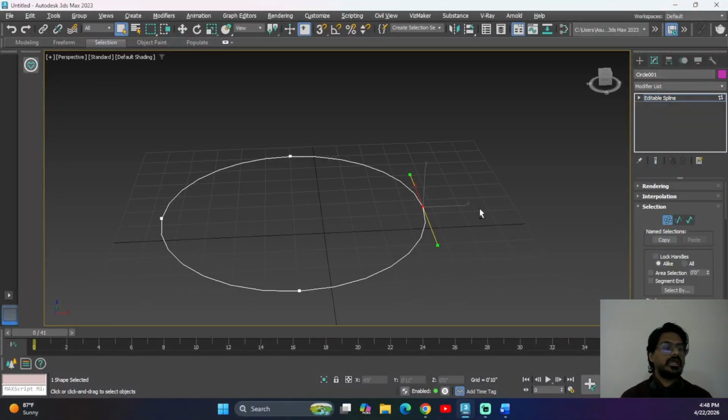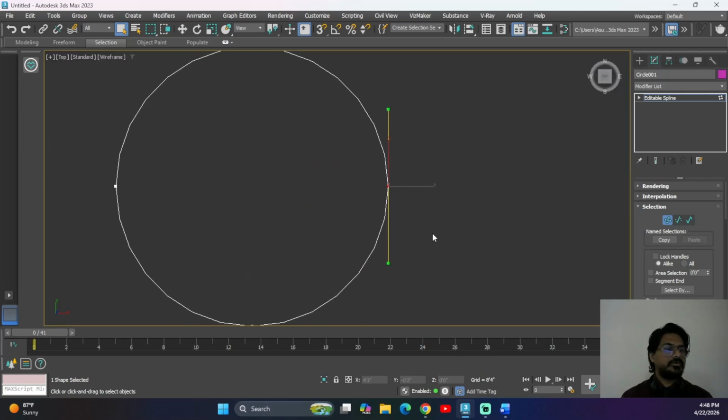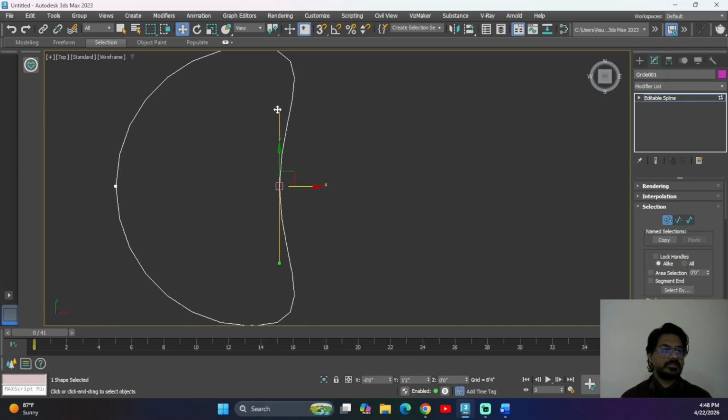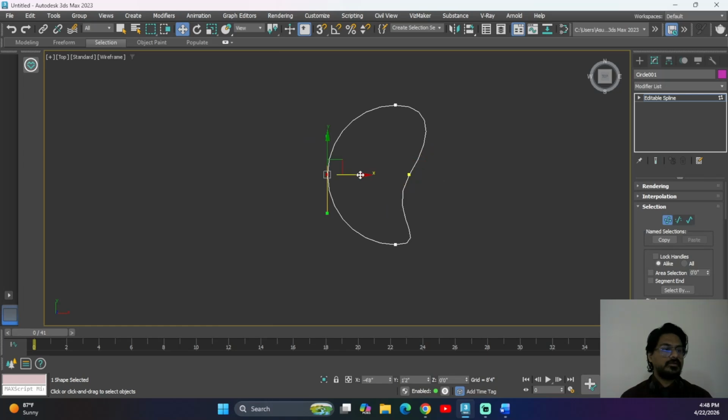Okay, so here I have a spline. Now from the top view, I will just try to adjust it a little bit more, a path somewhere like this. Maybe this is the path which I want in my case. Okay. Now from here it will go like